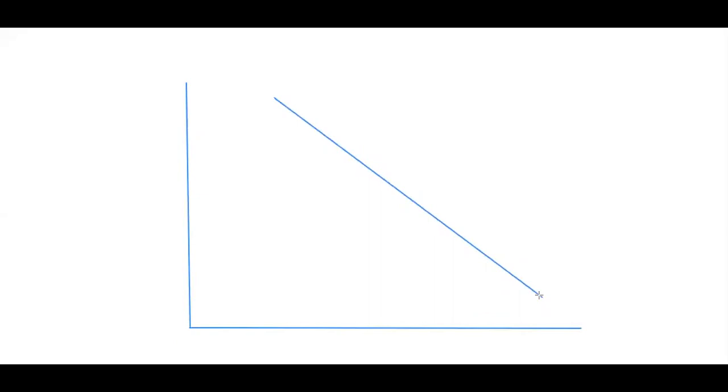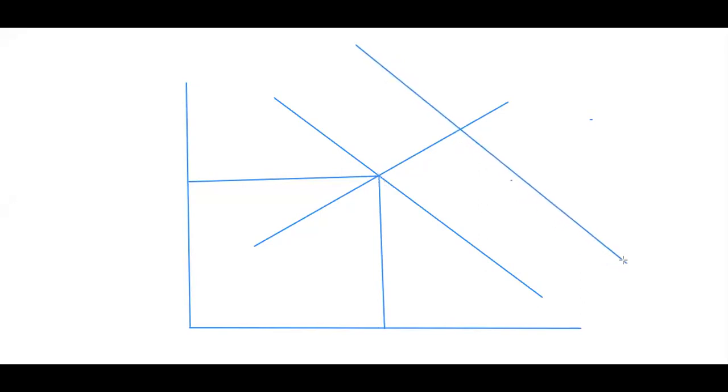Right. What I'm trying to say is, let's assume this is the initial IS. This is our LM. So we'll have this as our initial equilibrium interest rate, and then the equilibrium income. Now, there is an increase in government spending. An increase in government spending is supposed to cause a rightward shift in the IS curve. So this was supposed to be the